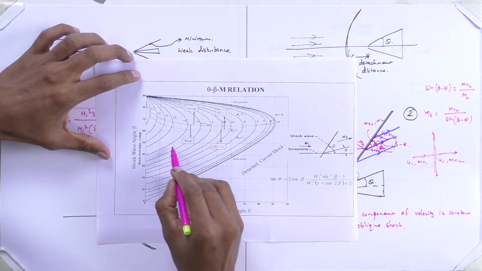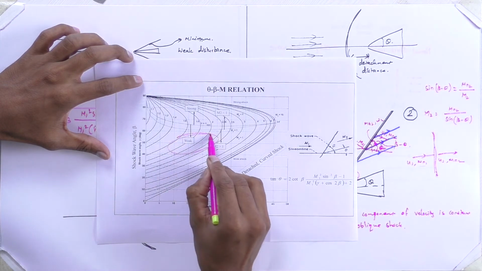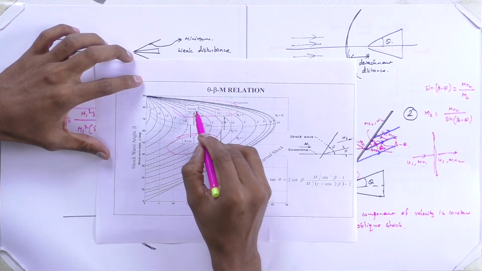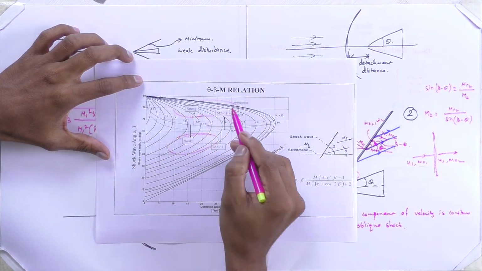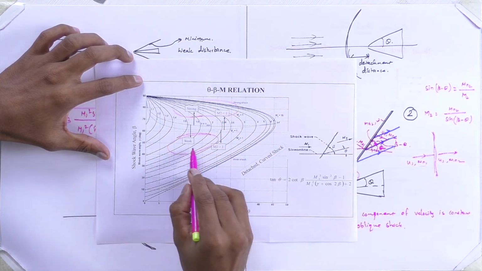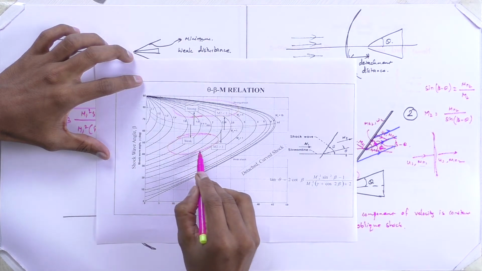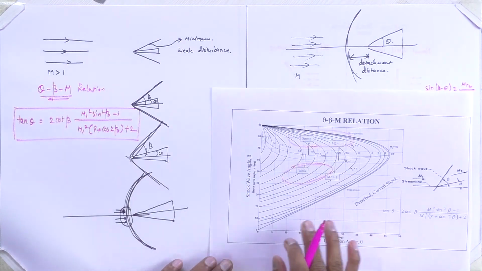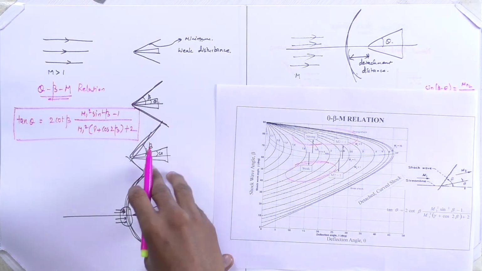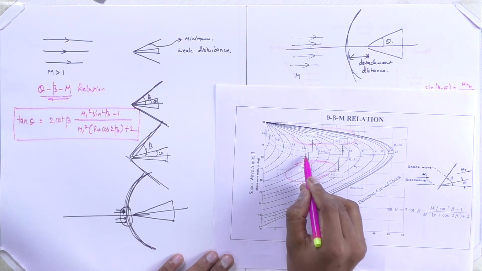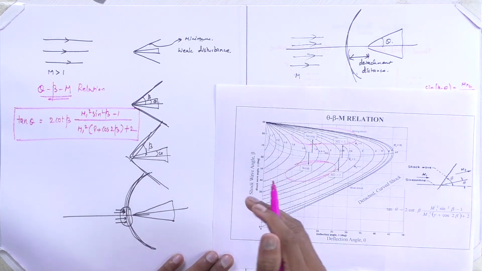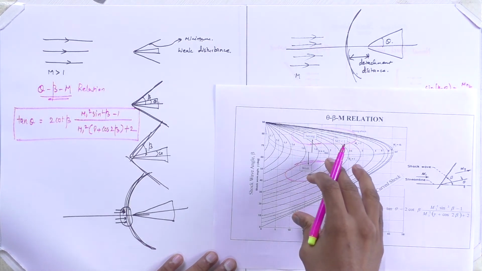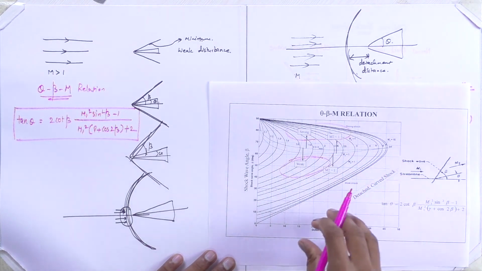So mostly we will use the weak oblique shock wave solutions. The strong solution is valid at a particular condition only, so we won't use it. We are more particular about only weak oblique shock wave solutions. This graph also explains the same physics whatever we discussed. After a particular theta value, we will not have the oblique shock wave, it will be converted into bow shock waves. So everything it covers. This graph is very much important while analyzing oblique shock waves.